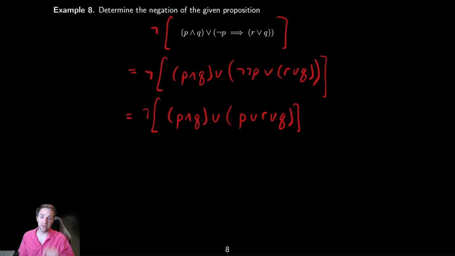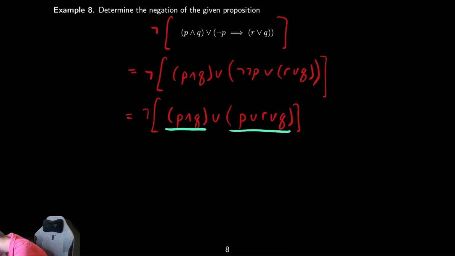And now we need to distribute that negation. We could try to do some stuff on the inside. We'll talk about that after we distribute the negation, whether or not that would be a good or bad idea at this point. But I see that I have a negation and I have two different clauses here that I can write the negation next to and then switch the inside symbol, again using that De Morgan's law. So we get that this is equal to